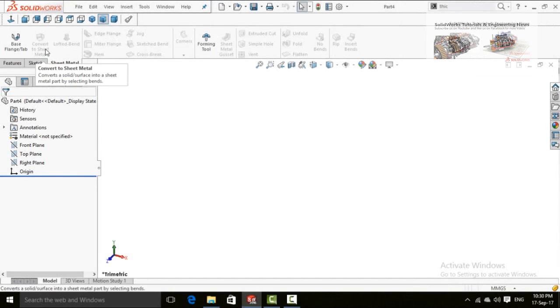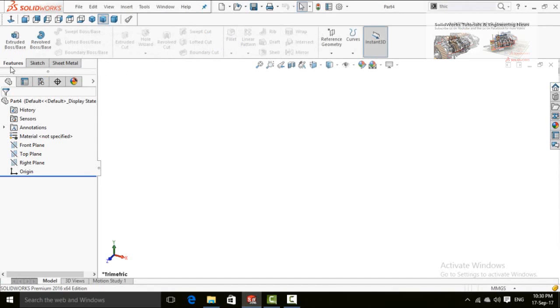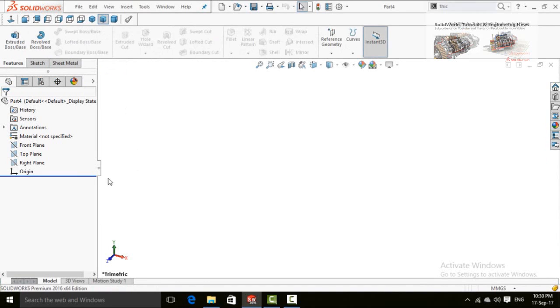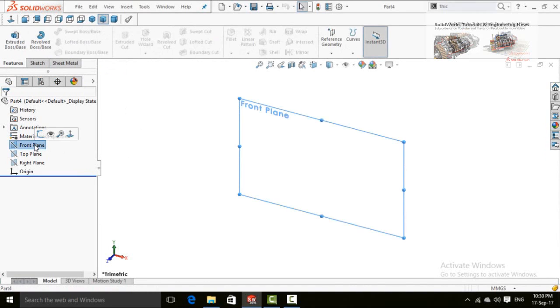Next command in the sheet metal tab is convert to sheet metal. When you create your SolidWorks part in features tab or any other tab, then you need to convert it into sheet metal by using this convert to sheet metal button. So let me show you how it works.